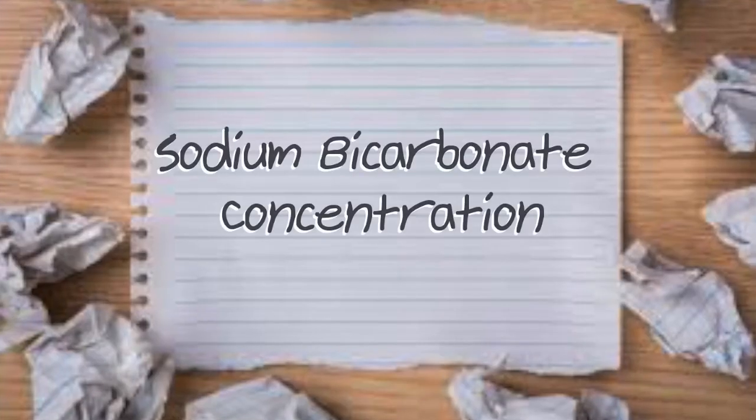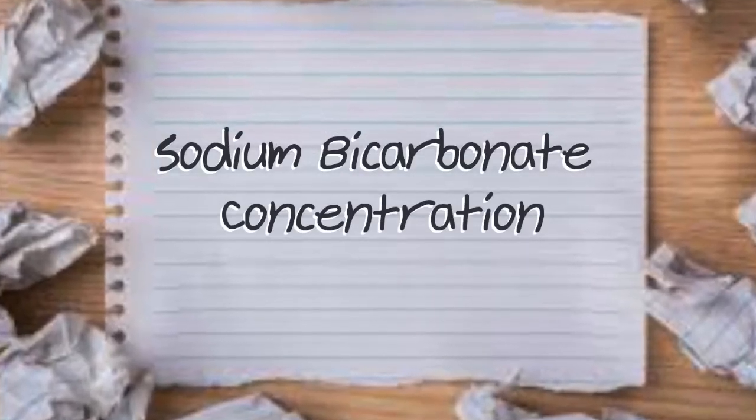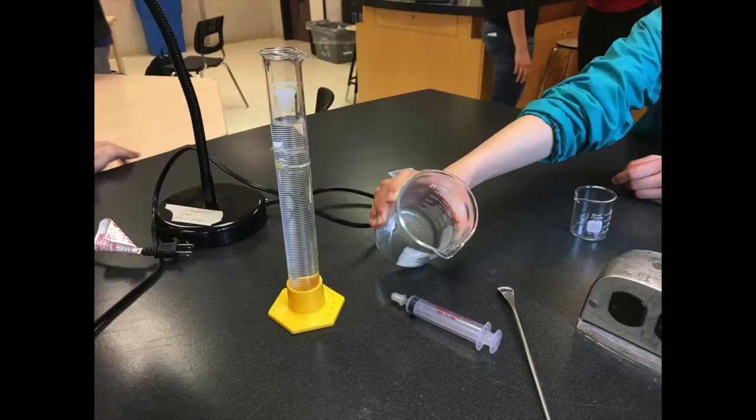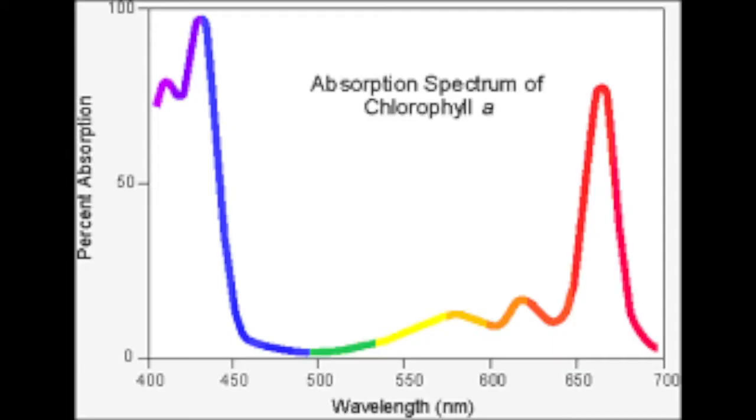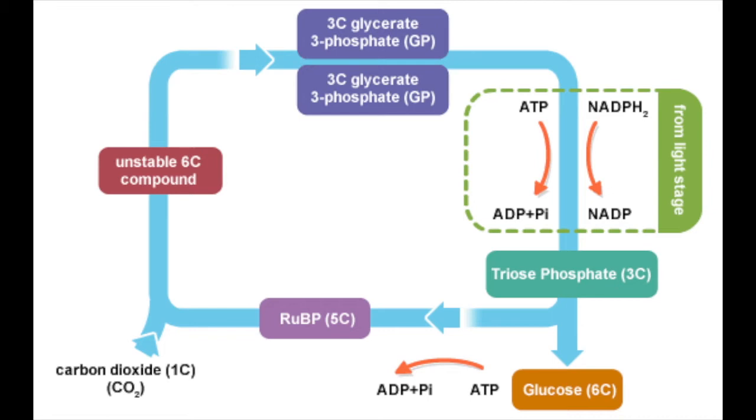The second experimental error was the concentration of sodium bicarbonate solution. We created a 2% sodium bicarbonate solution, which for this specific lab was unnecessary. We were not testing to see how the concentration of CO2 impacts the rate of photosynthesis, rather how the light wavelength does. So due to decreasing the concentration of sodium bicarbonate, we decreased the amount of CO2 available for the